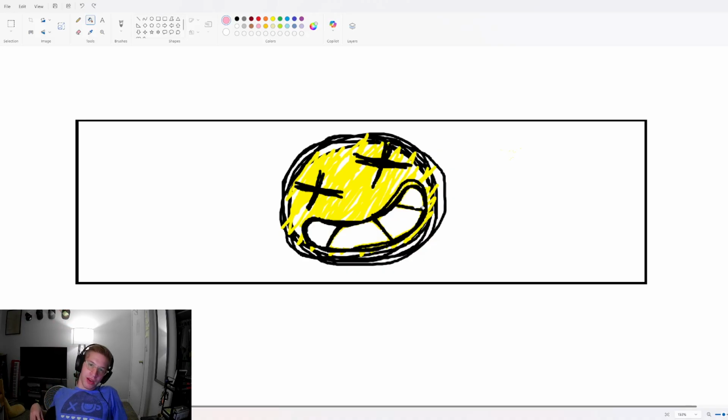Unless there were a background for it. But I don't want to... I want to put it over him, right? Just slap it right on top of him. But I still need it to be clear. So I think that means that the background has to be yellow and he has to be yellow. But he has to be solid yellow. He can't be like the way that he is now. Gosh darn it, man.